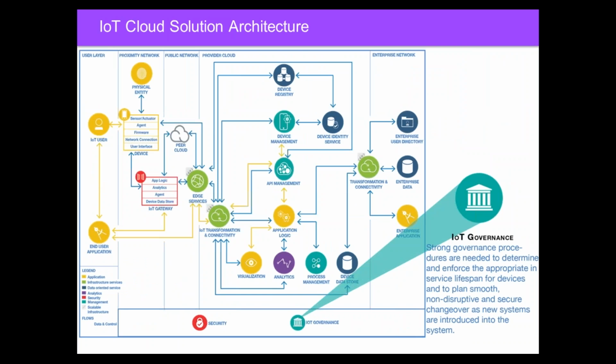Next slide. I'm going to talk a little bit about IoT governance, and this is definitely very important because you need to think about the lifespan of a device, plan for smooth, non-disruptive changes to firmware, and give you a good example of that. You have electric cars or electronically controlled cars. Tesla is an example. Almost everything in their car is done with software. Obviously, they wouldn't want to make a change to the software of your car while you're driving it, where it reboots everything. So a lot of these things, you need to start to think about all that as they go,